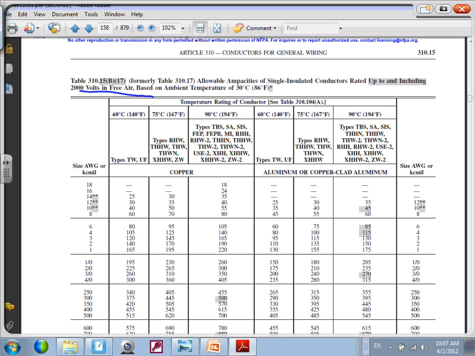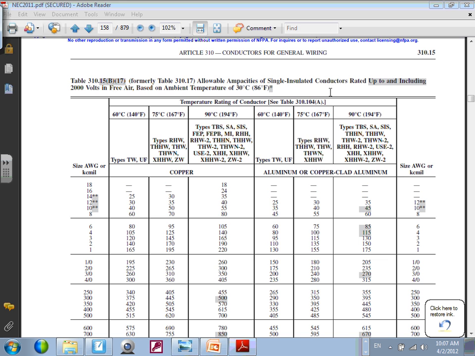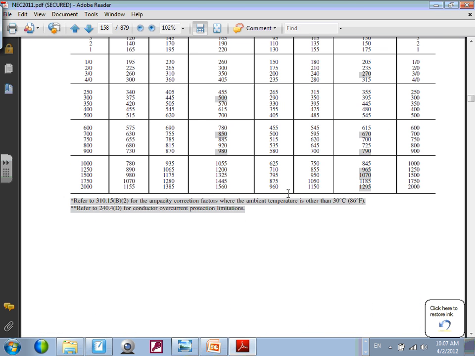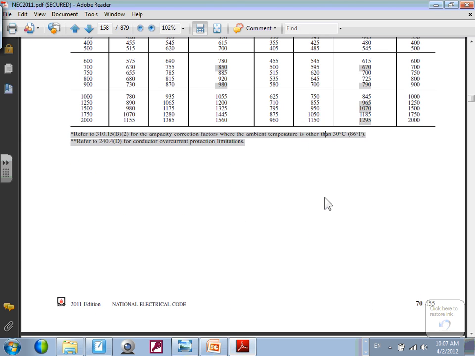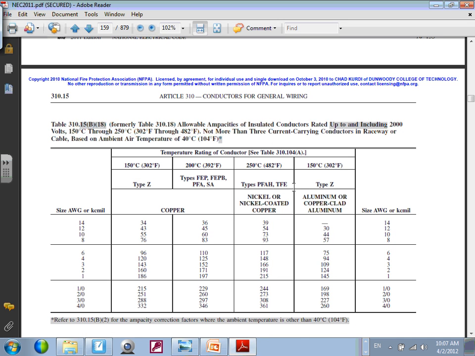Free in the air. So you have poles and you're pulling your conductor, you're going to use this table. Up in the air. Number 17. And Ashley, for number 17, you're going to use the same derating table. Number 18, these are